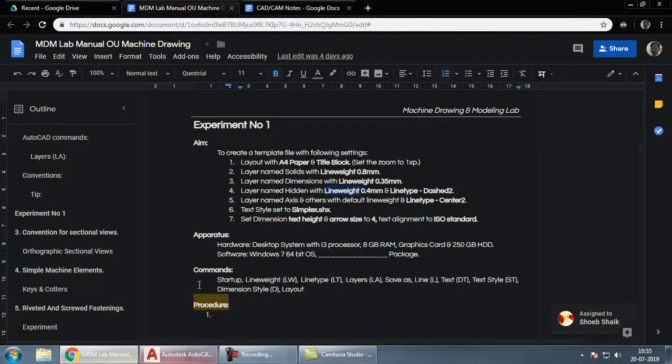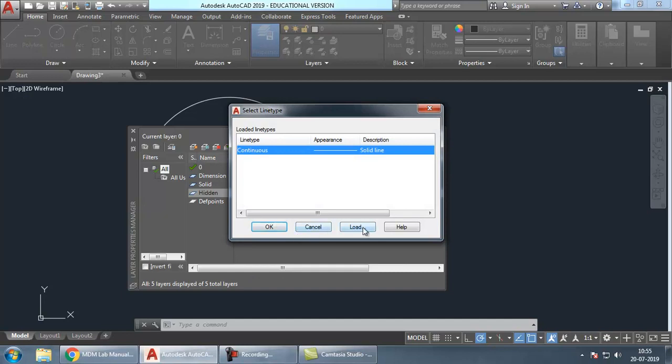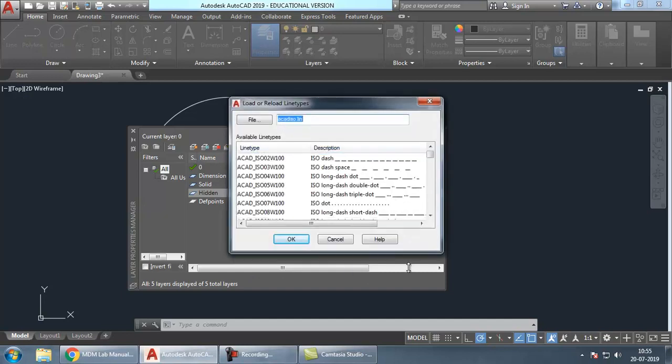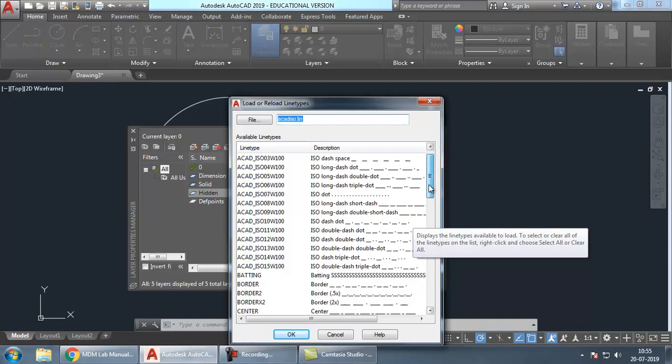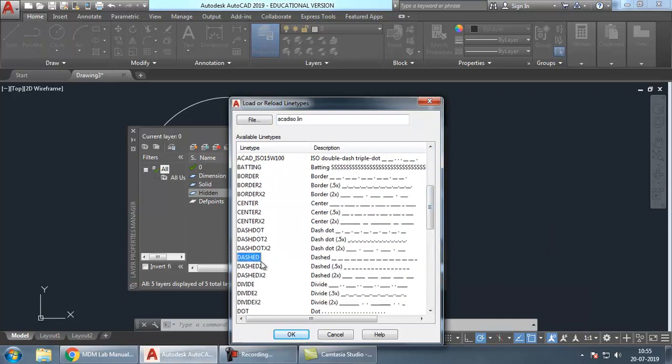And one more thing we want here is the line type as dashed 2. So we have to load the line type. This is the line type over here. Right now it is continuous. Click on that, load, and from this list we have to choose dashed 2.